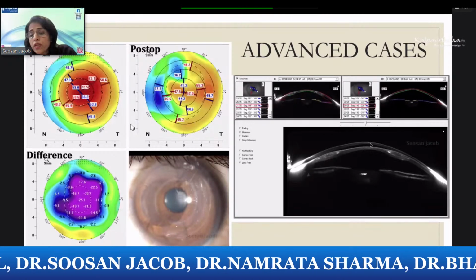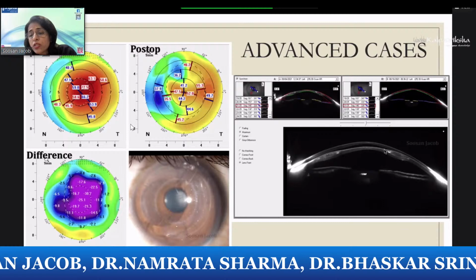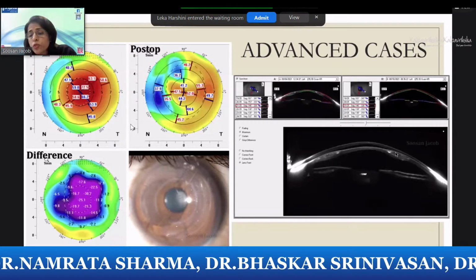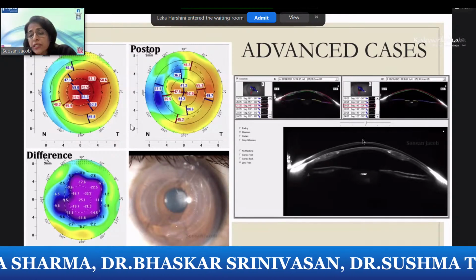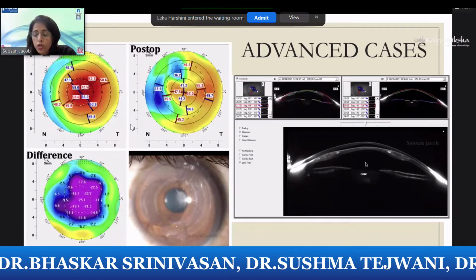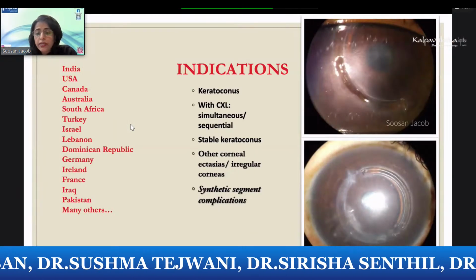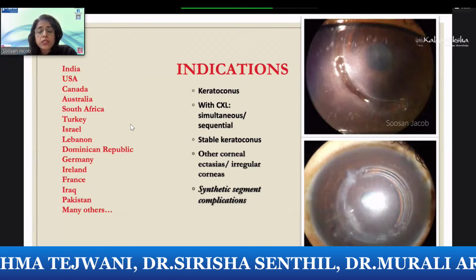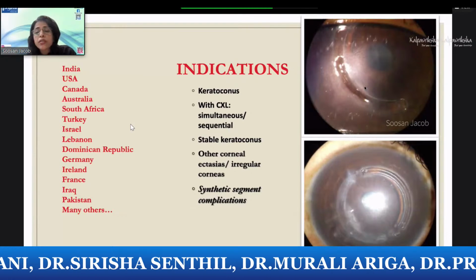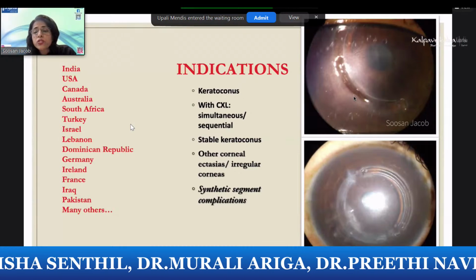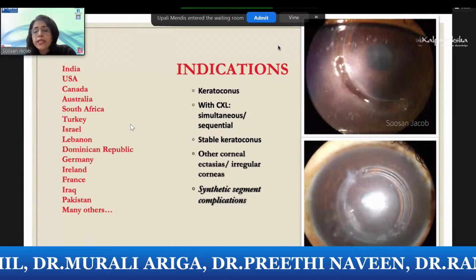If you look at the Scheimpflug image, this is the preoperative image. This is a postoperative image, which has been superimposed on the preoperative image. And these are the CARES that are implanted. Look at the flattening that we've got. That gives the patient an improvement in uncorrected and best corrected visual acuity, decreases the ocular aberrations, makes the ghosting less, and gives the patient improvement in everything, and decreases contact lens dependence and everything of that sort.